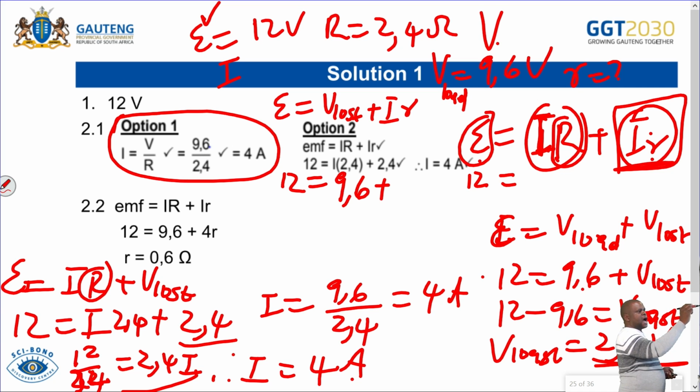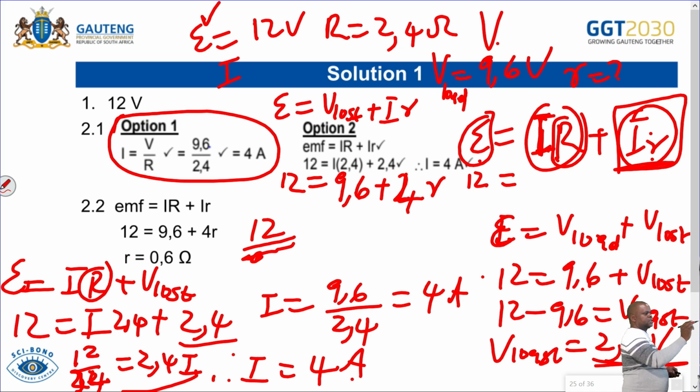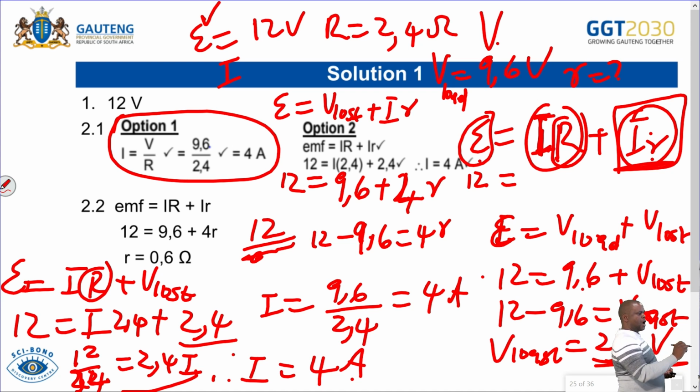Then plus I, how much is I? We calculated I to be 4, times r. Then when you take this side, it's going to be 12 minus 9.6 is equal to 4r. Then making r the subject of the formula,